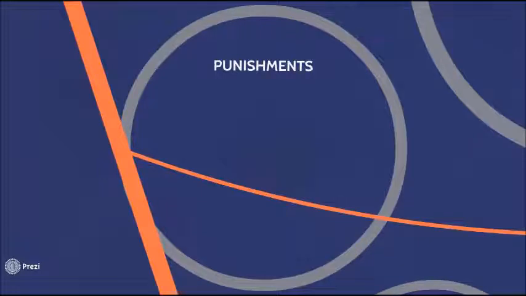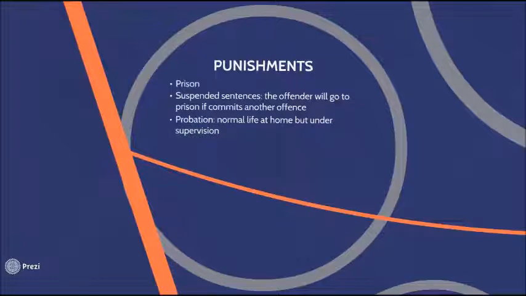If someone commits such crimes, there will be some possible punishments in the court. The punishments may be prison, suspended sentences, that is, the offender does not go to prison unless he or she commits another offense, probation, normal life at home but under supervision, youth custody in special centers for young adults, short disciplinary training in a detention center,